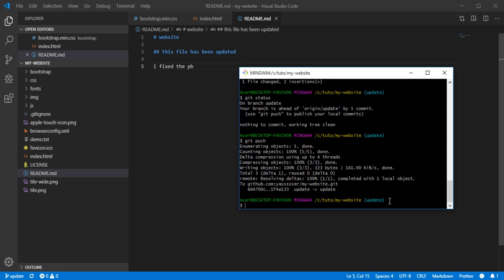So let's pull the update branch. So git pull origin. If we hit enter now, it will pull from the origin, that means the git repository, but it will pull the master branch. So after the origin we need to specify which branch. In this moment we want update, so let's just write update. So git pull origin update, let's hit enter,